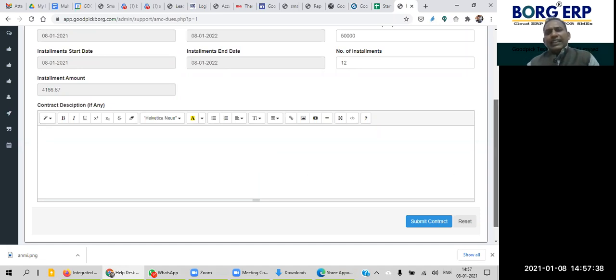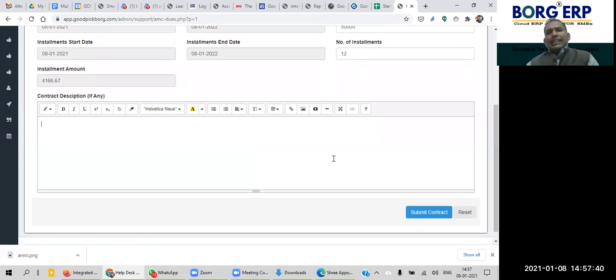In case of IT hardware, you can also mention the model number and serial number of the hardware covered under the AMC, because sometimes the customer does not take the AMC for all equipment of that kind, and they take undue advantage sometimes. We have seen this practically with some customers.